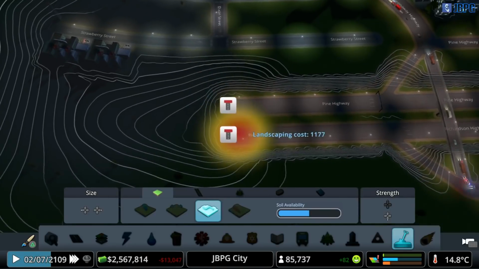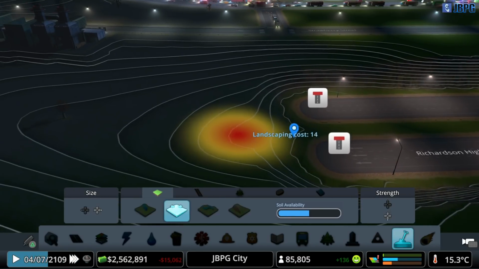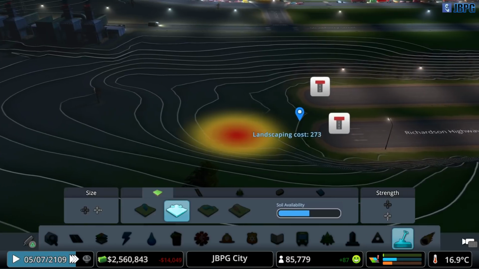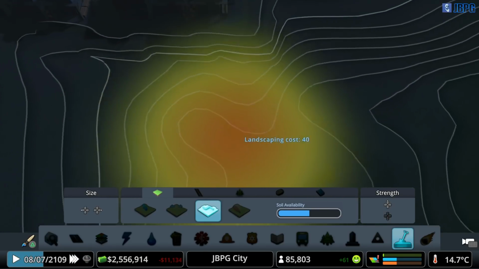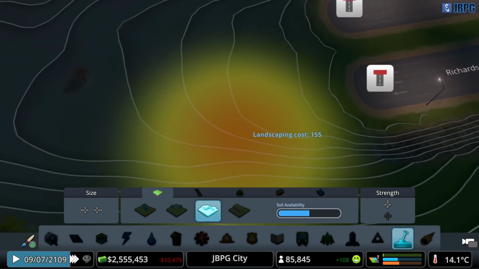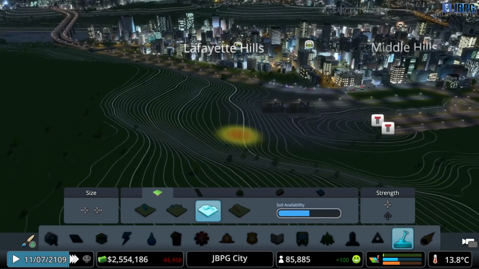I think I might have got a bit too much on that bit there. Yeah, I have. So I'm going to need to pull that out a bit more. And let's take the strength of it down a bit, so it's not so severe. There we go. We're starting to get a nice gradual slope that's going to be more conducive to